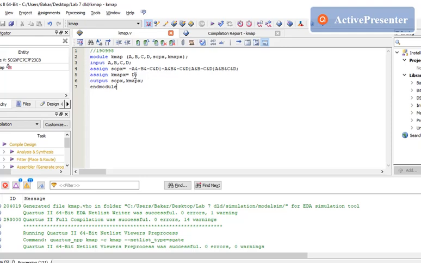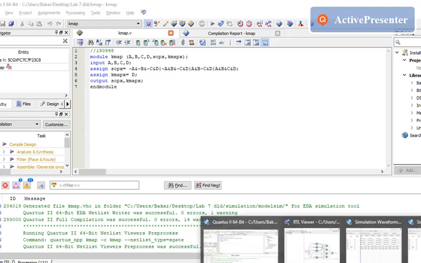So we will assign the expression to the corresponding variables, and we will write an output statement to print the results. So our simulation is complete, and let's see our RTL view.